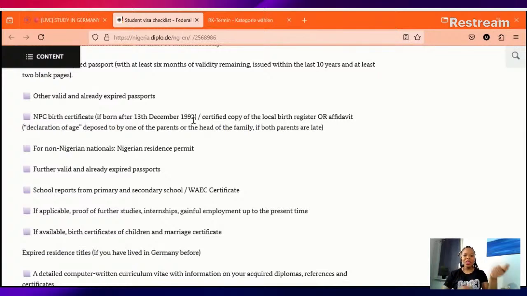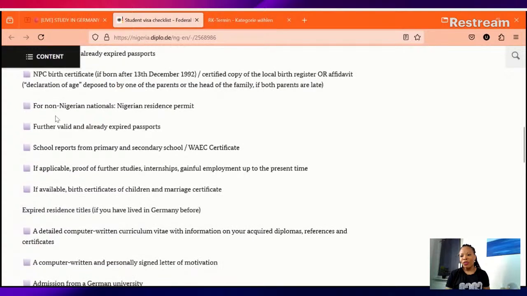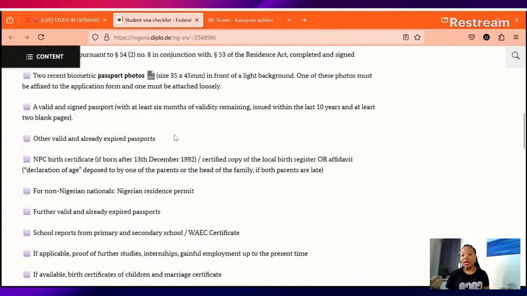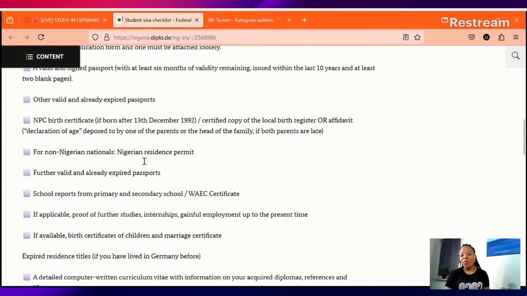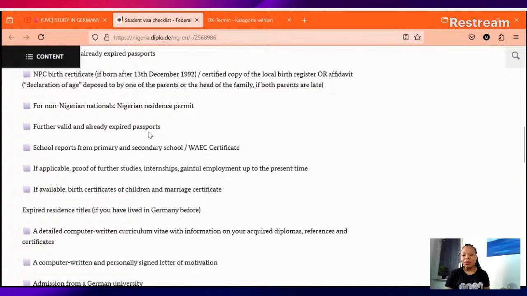But if you are born before this date, the 13th December 1992, you need to get a declaration of age. You need to get an affidavit. Either of your parents can make it for you. You can do it in the high court or in a court. I think even a magistrate court can do it. So you get this declaration of age to back it up. So for non-Nigerian nationals, a Nigerian resident permit. So if you are not from Nigeria and you are living in Nigeria, you need a Nigerian resident permit to make this application in Nigeria. Then further valid and already expired passports,